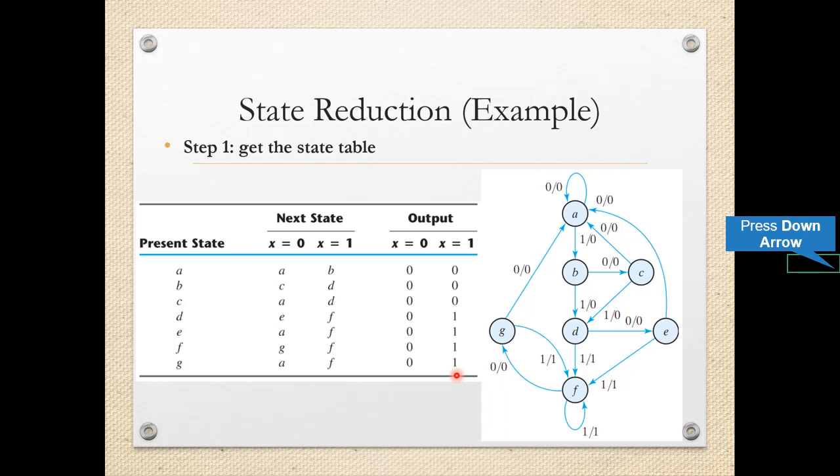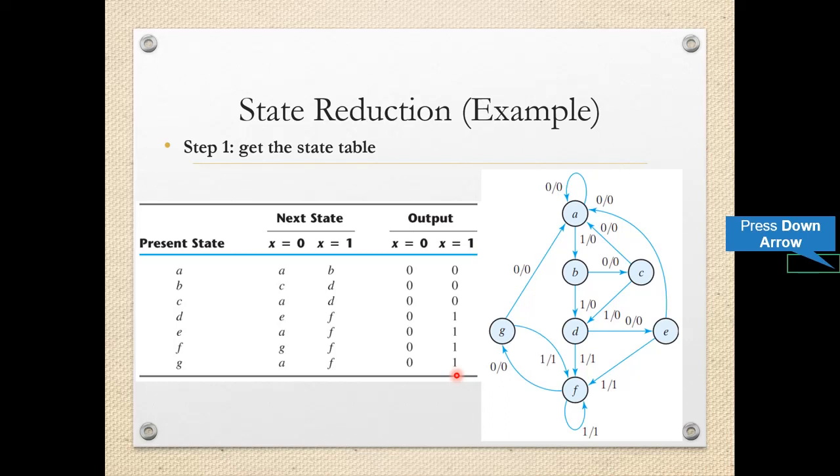So one by one we'll go. For state A, the first row is written. So present state is A. Now next step depends upon the input. So if input is 0, next state is A only, means remain in the same state. If x is 1, the second case, for x equal to 1, we are entering from state A to state B. So next state for that condition of x equal to 1 is B. And what about the output? In both the cases, if you observe, for 0 condition as well as 1 condition, output is 0, 0.